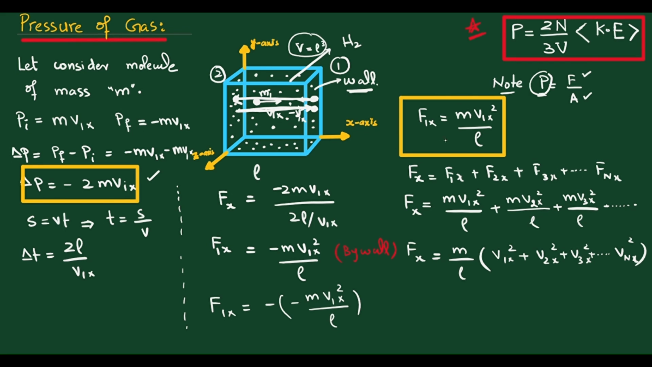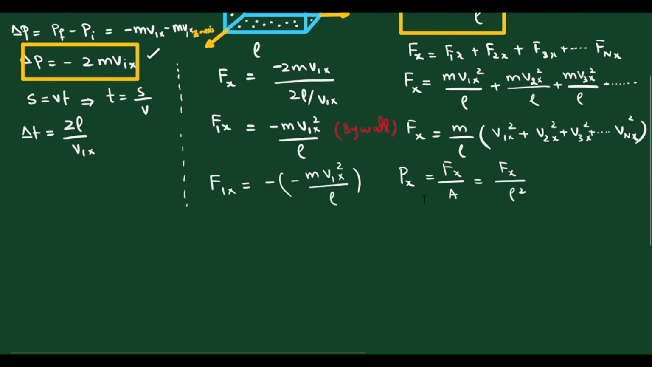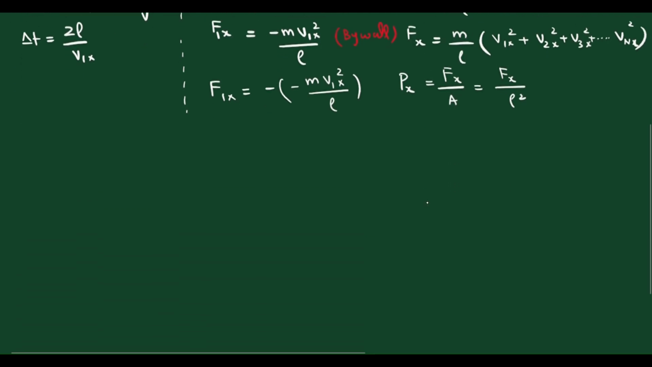Now we can calculate the pressure of a gas from this equation. The pressure of gas Px is equal to Fx over area, and the area is L square, the area of the wall. We have calculated the value of Fx. We will plug this value in this equation, and we will get